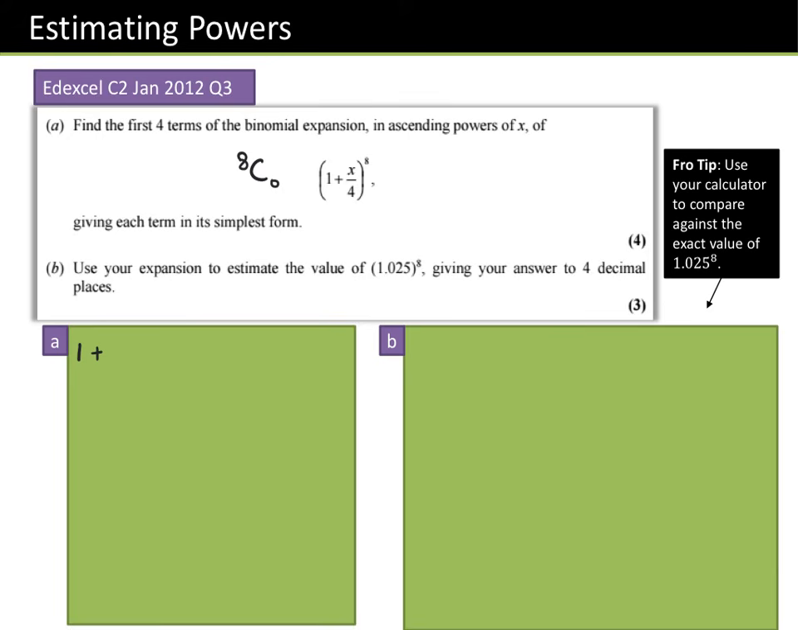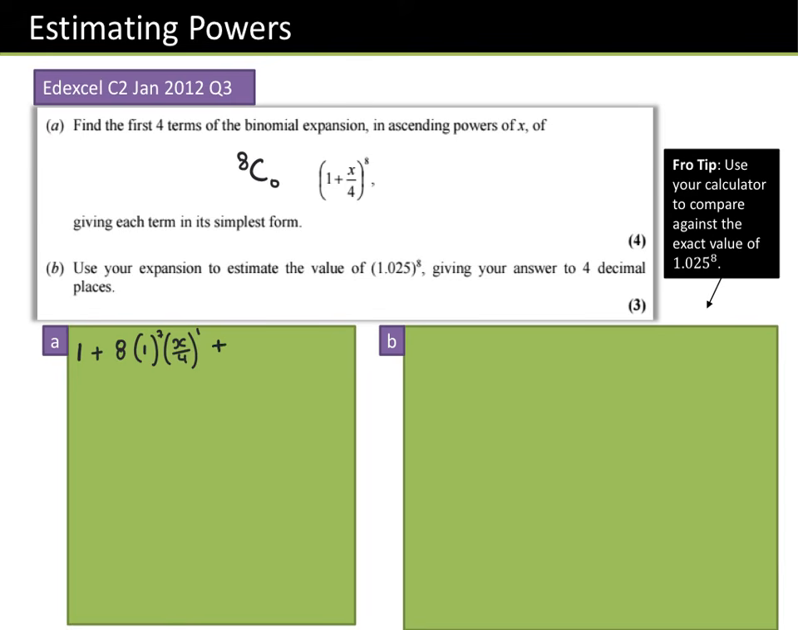Now we know the next term is 8C1, which is in fact 8, multiplied by 1 to the power of 7, multiplied by (x/4) to the power of 1. You notice the first term in a binomial expansion is normally 1. I've just done this in my head. The second term